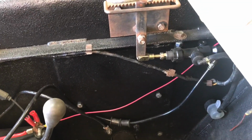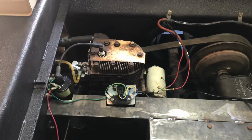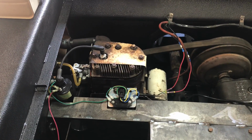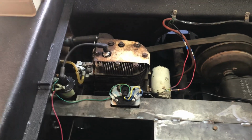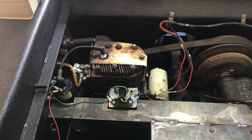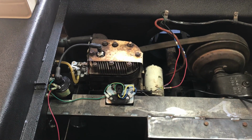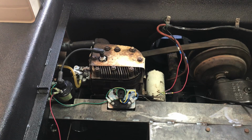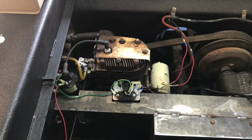Brakes are working. So I think I've got a lead on a 20 horse Vanguard. I don't know, that might be a little bit big, but I'm probably going to go pick that up tonight. Swap this out with a reliable engine. And this thing, when it's running, it's vibrating like crazy. And I'm not real familiar with COOTs at all. This is my first one, but I think that Vanguard's probably a smoother, more reliable motor than this old thing. I know you guys want to see me keep this engine in here, but